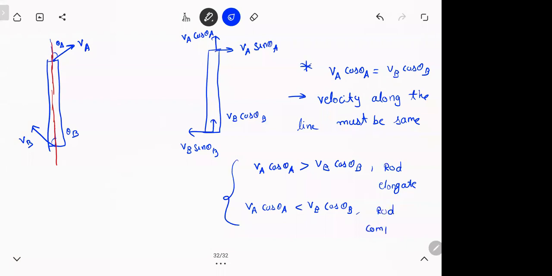That means the only way distance can be managed is what? Only when they're equal. Does this make sense? If you can't be greater, if you can't be smaller, there's only one option left. You have to be equal to maintain the distance. So this is a very important thing. On a rigid body, if you join 2 points, the velocity along that line should be same. So since a rigid body cannot compress or elongate,